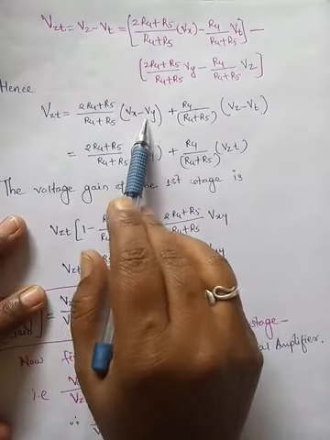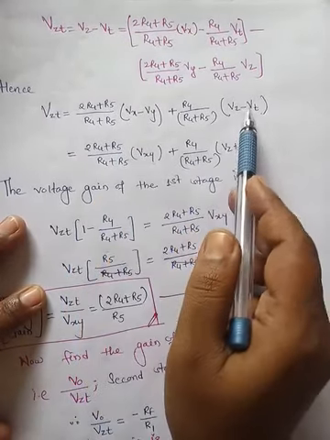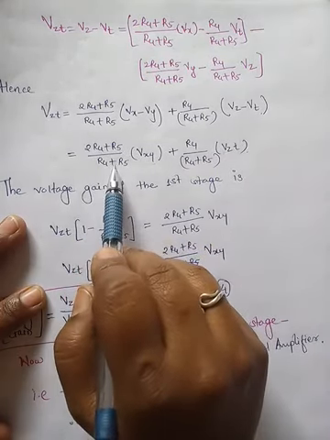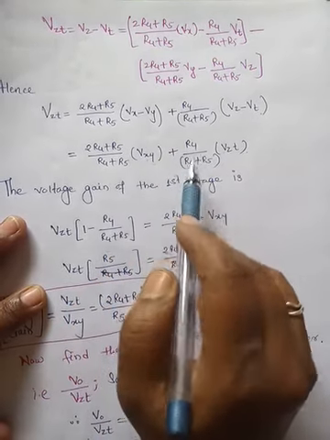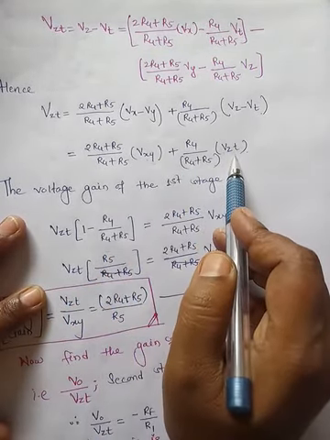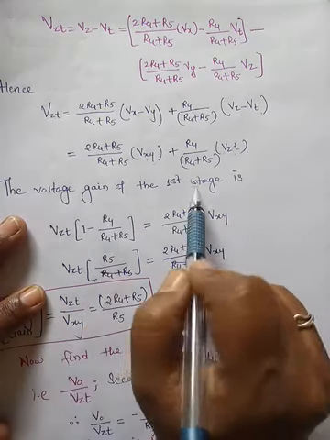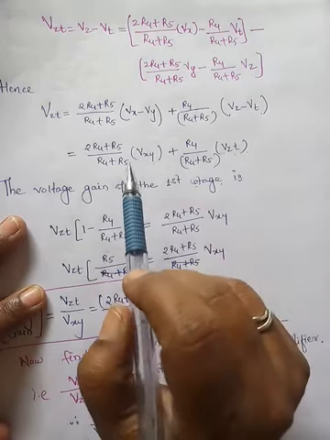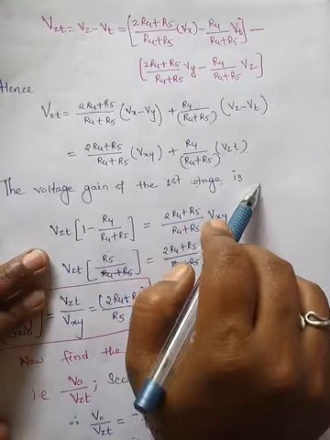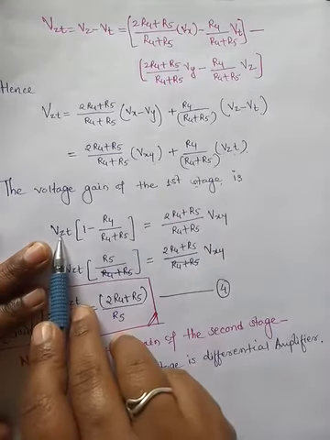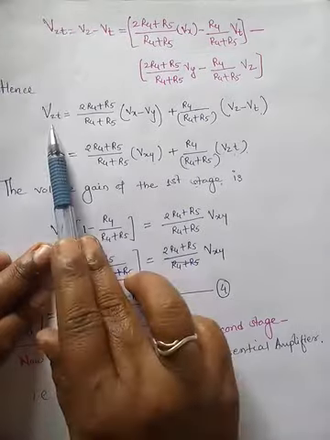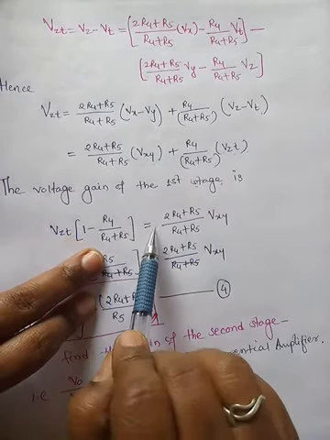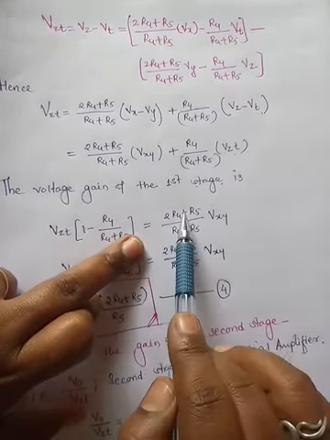So we can write Vx minus Vy as Vxy, and Vz minus Vt as Vzt. So it is 2R4 plus R5 by R4 plus R5 into Vxy plus R4 by R4 plus R5 into Vzt. Okay. So now the voltage gain of the first stage, how we can write, what is output voltage is Vzt. Voltage gain of the first stage can be written as, here Vzt we are taking common outside, and the coefficient of this is 1 and this is plus, so it is minus R4 by R4 plus R5 is equal to this factor as it is we have written here.